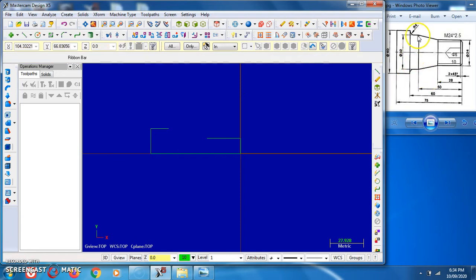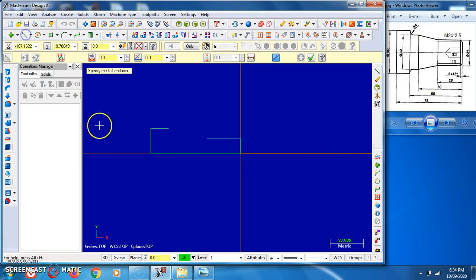Now we require this position actually. This position we obtain by 75 minus 50, that is 25 mm. So I draw one line of 25 mm from this position, and we have to keep the angle as 0 degree. Now from this line we have to draw the 16 mm line up to this point. So draw the line of 16 mm with the angle of 90 degree. Now we can join this line.